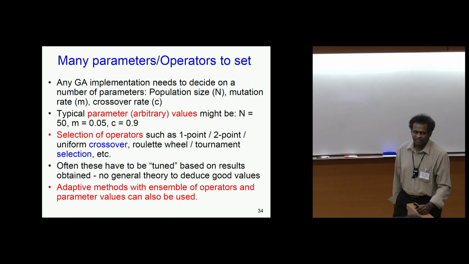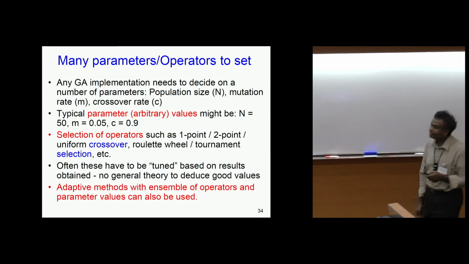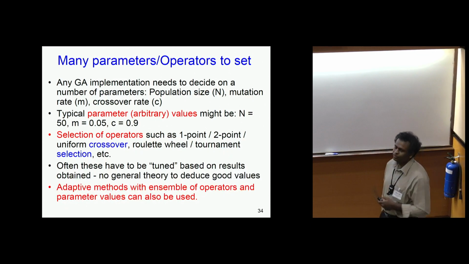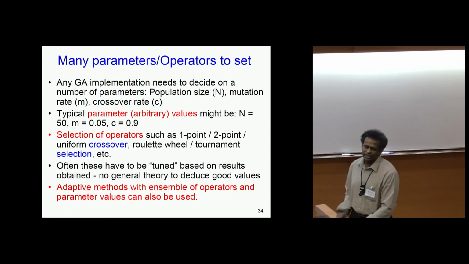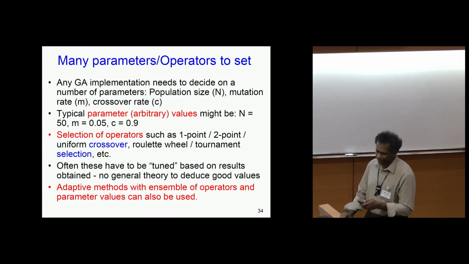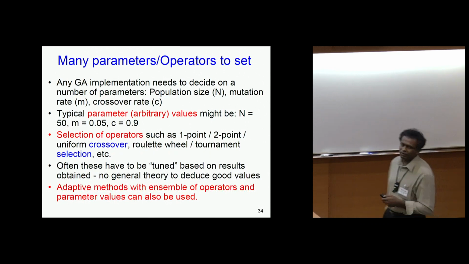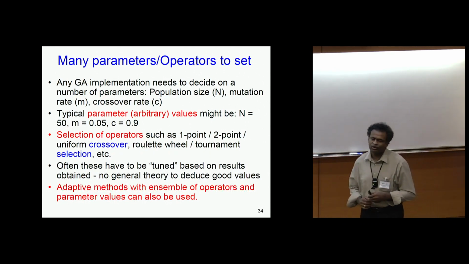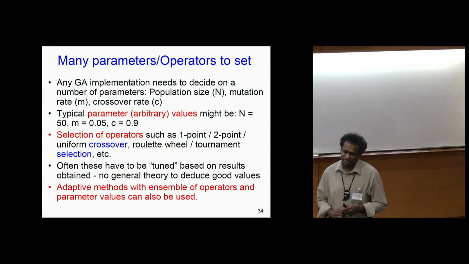So we were looking at genetic algorithms. As you can see up to this point, you have many parameter and operator choices available to you. For the numerical values, you have to decide on the population size. So far there are no strict rules for population size, and population size is usually difficult to adapt as well,